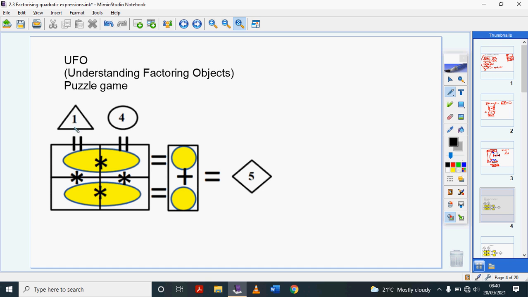I have the number 1 here, I have the number 4 here, I have the number 5 here. So the rules are as follows. This number 1, I need to break it down into its factors and then write the factors just below it. This equal sign that you see here, in this area and this area is where I will write the factors of 1. Then I'll write the factors of 4 down here and here, and then I will multiply,